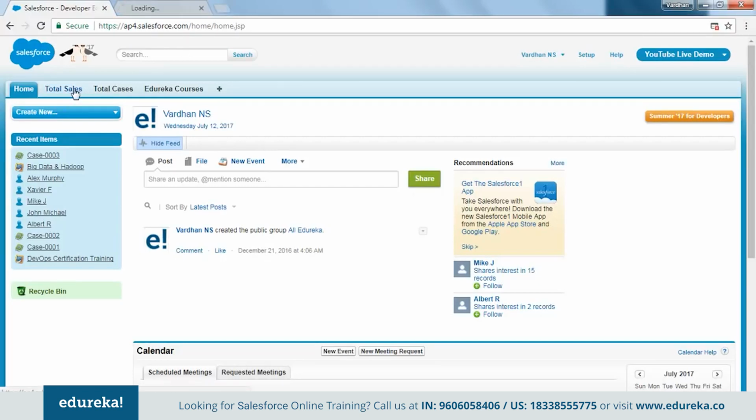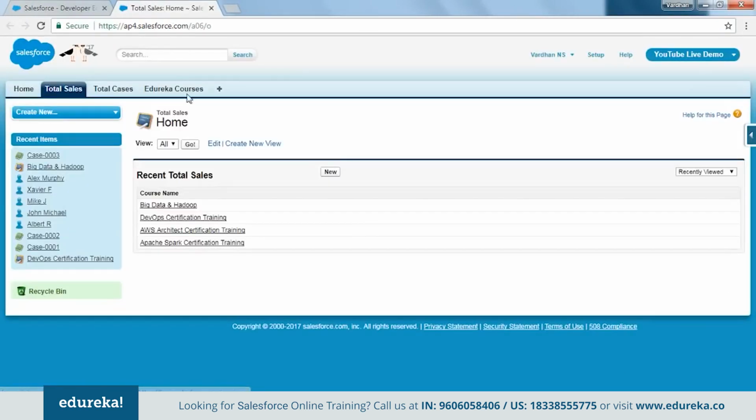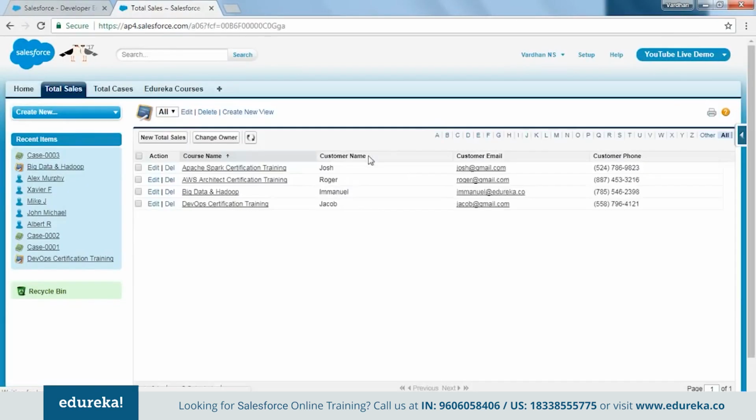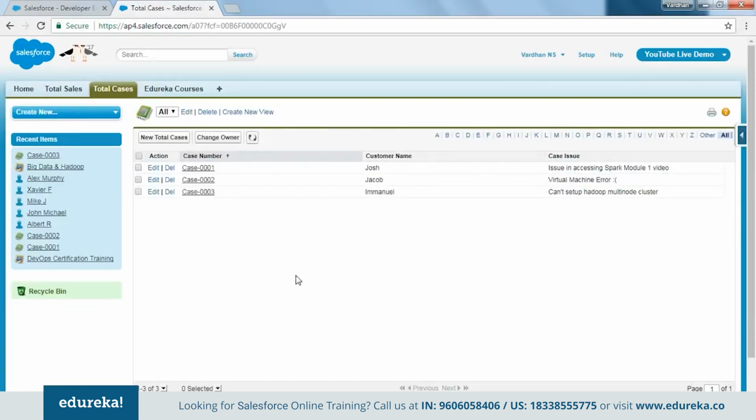So first of all, let me open this object here. Inside the total sales object, we have a list of a couple of courses which have been sold. So this is a sample data set, and these are the courses which we have sold, right? There are 4 courses: Spark, AWS, Hadoop, and DevOps. And the customer who bought it, their names are here, the email address is here, and their phone number is right here. And similarly, if you go to the total cases, in here we have a couple of cases that have been registered for different courses. So these are the different courses, and these are the different issues